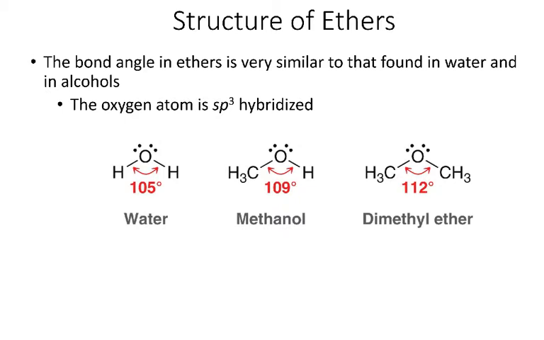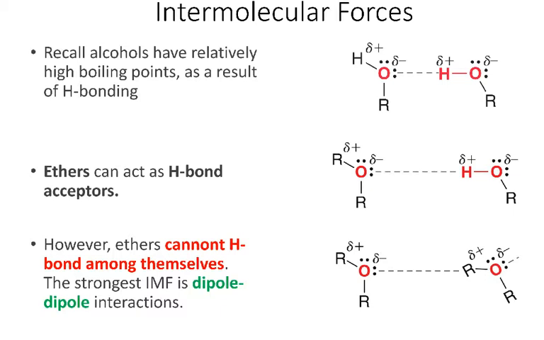And then another thing that they have in common is the polarity, right? So the oxygen is more electronegative than the hydrogens or the carbons, and so this end of the molecules, the oxygen end, is always going to be partially negative, and then the opposite end of the molecules is always going to be partially positive. Now, the structure of water and alcohols and ethers all end up with the oxygen being partially negative and then the hydrogens and alkyl groups being partially positive, but there's a big difference in intermolecular forces in water and alcohols